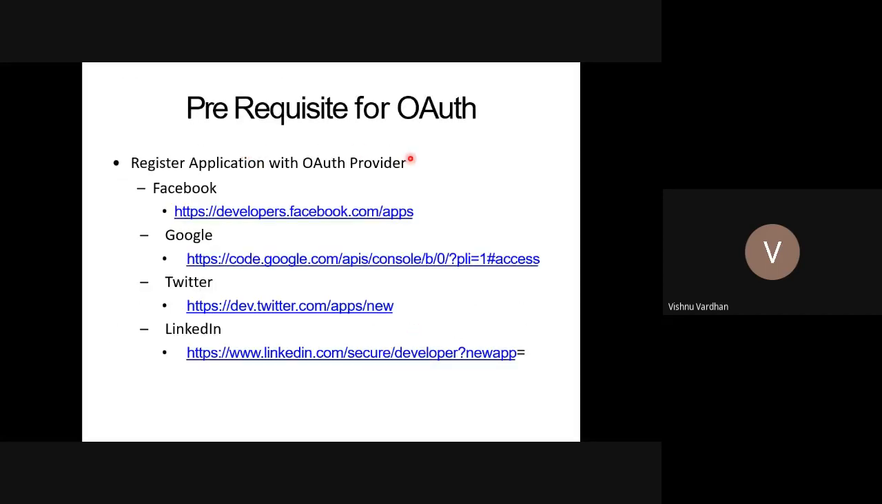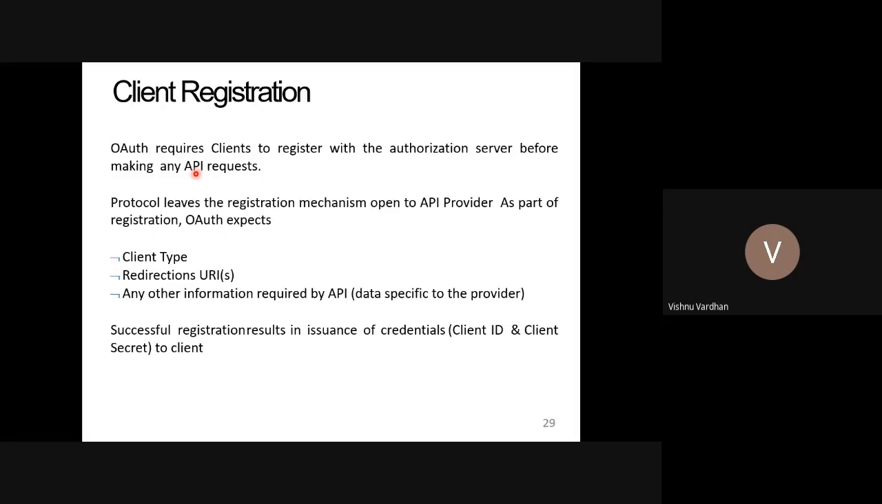So now prerequisites for the authorization. This is the first requirement: the client has to go through the authorization server registration. Without it we cannot proceed. Even if you have done some projects, if you want to access the Google Maps or some